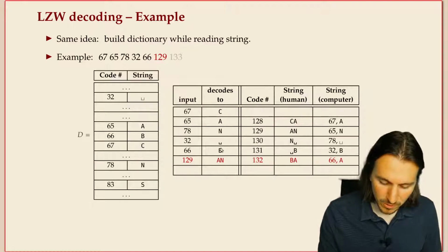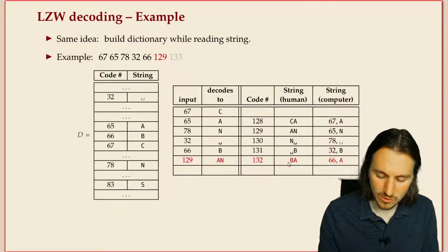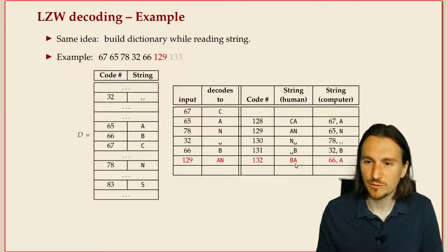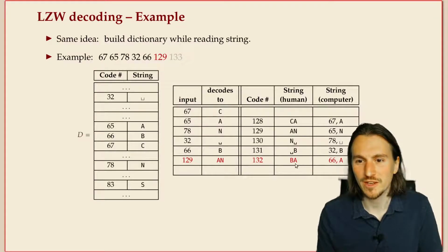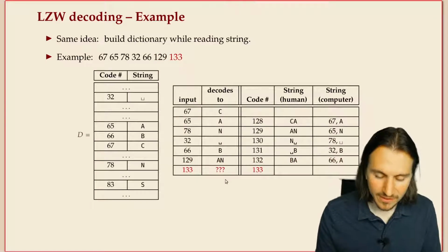And we know the last phrase was a B. The first character from the new phrase is an A. So we would have added BA at the time of encoding to the dictionary. So we have to do that now as well. And so we move along until